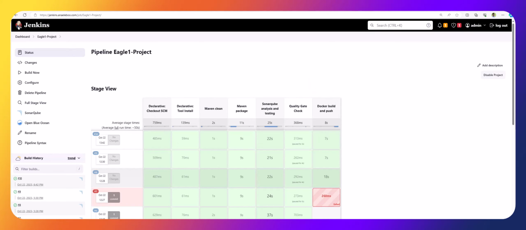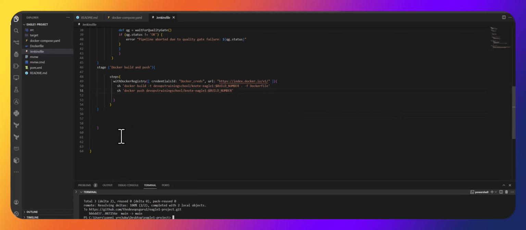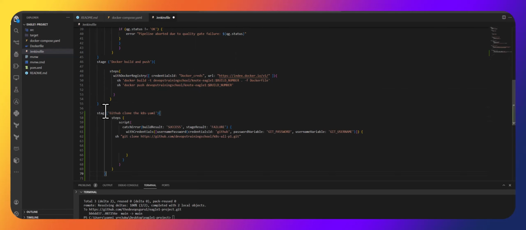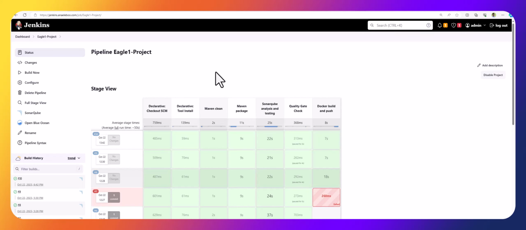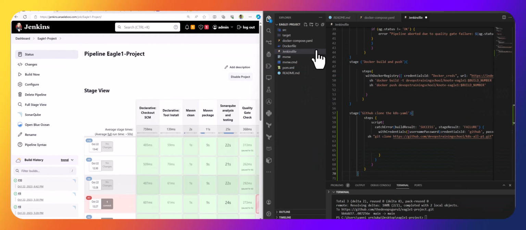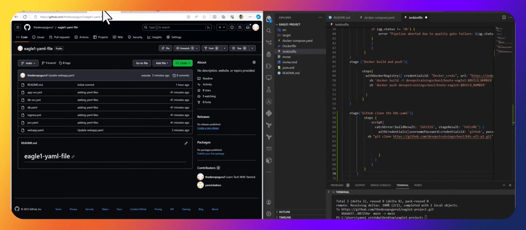So let me copy this. I already have how to do that. I'm going to open this one, and I'm going to add a new stage, right? The new stage is going to be git clone, right? And we want to clone this one. Let me copy it. Let me make it side by side. We want to clone, I think it's this one,